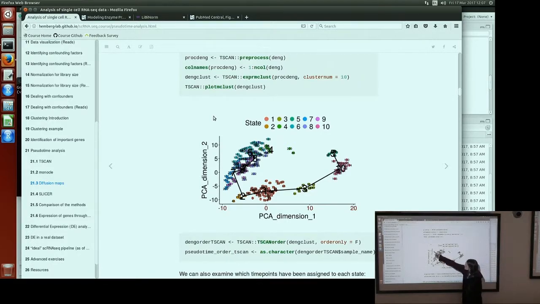But if this cluster had been sort of over there, this would have produced a branch. Would that tell us that 2